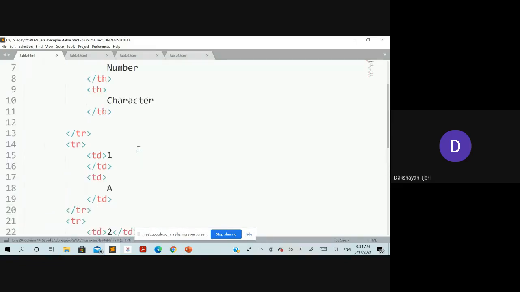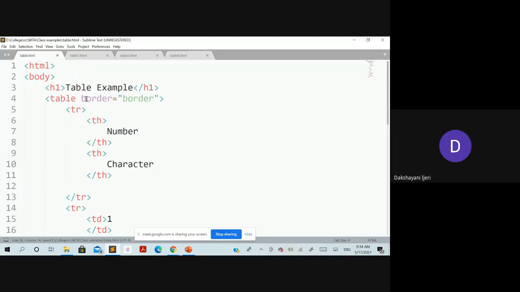I'll just show you what happens if you do not use this attribute here. If you do not use this attribute, it is simply going to take the contents in a tabular form without the borders.